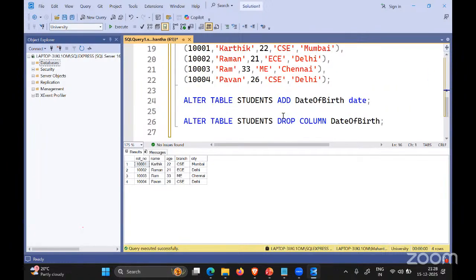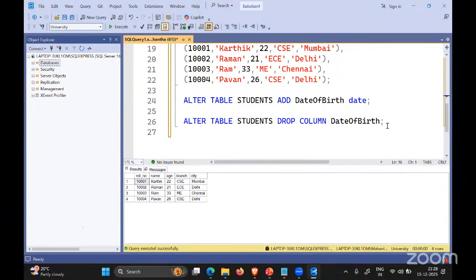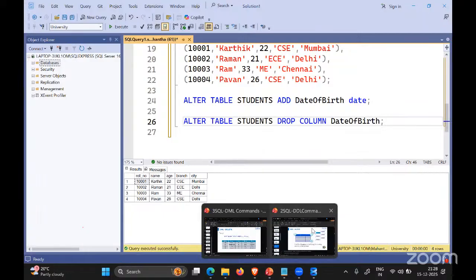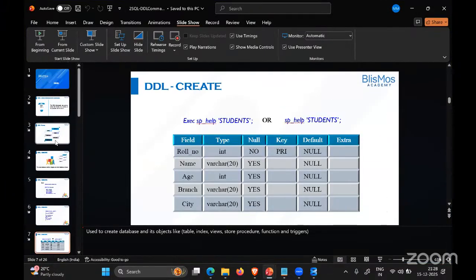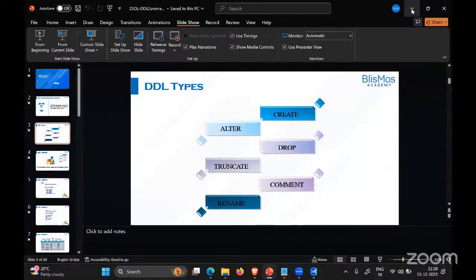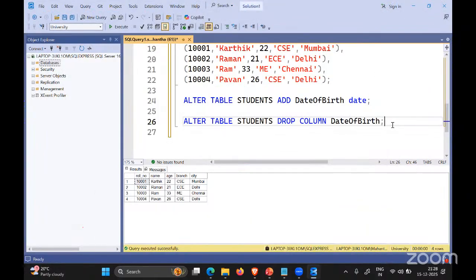This is the alter command. Okay, so then two more important aspects are drop and truncate. I told you, it is there as a part of the DDL commands. The drop command drops both the structure and data of a table.